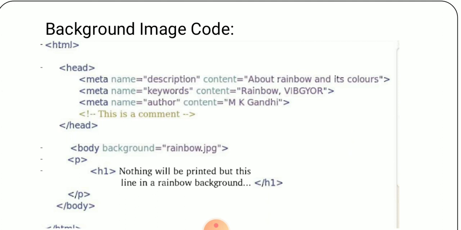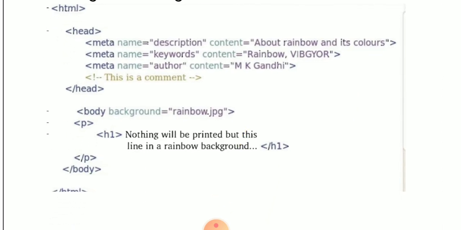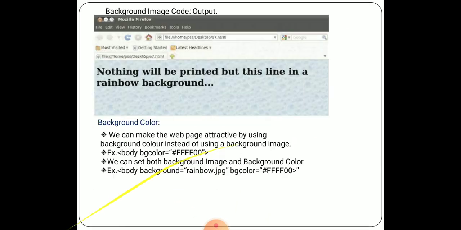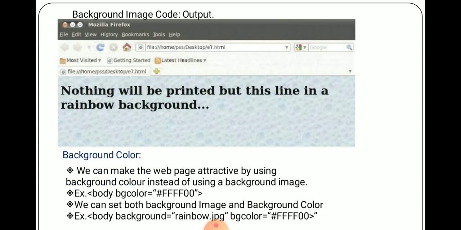Then close the angular bracket, then start the P tag, then after start H1, "Nothing will be printed but this line in a rainbow background." Then close your H1 tag, then close your P tag, then close your body and HTML tag. Your output will be displayed here with the background.